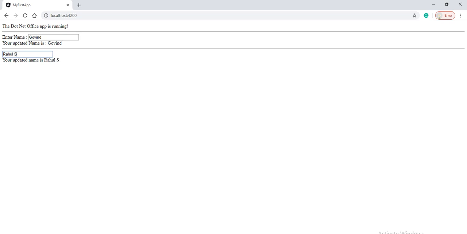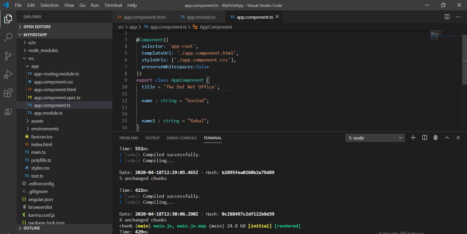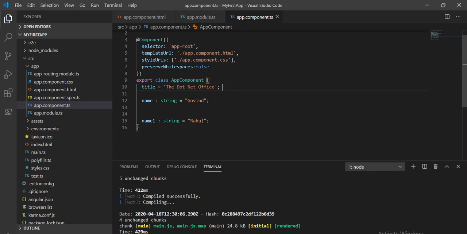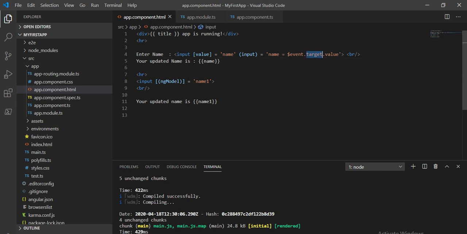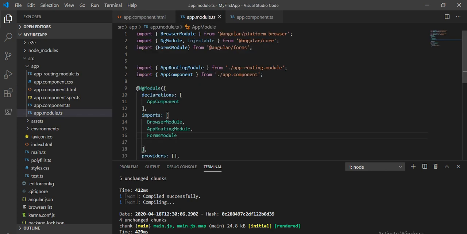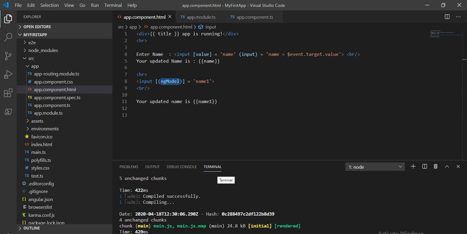Now I will change it and see, we are able to see the updated value when we are changing this text box. So this is the concept of two-way data binding basically, and we can implement this two-way data binding using the event and another, ngModel. For using ngModel, we have to add the forms module from Angular, and when we import any module, we have to define that module in the imports. So that is all about the two-way data binding in